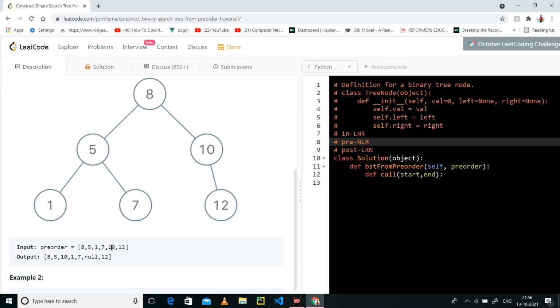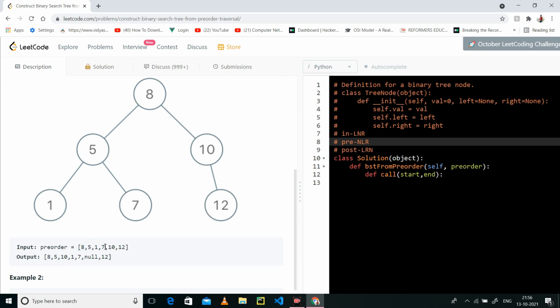So from here to here, this is the left part of 8, and if a value is greater than 8, that means it is a right part. If we have 10, 11, 12, 13 that is greater than 8, that should be on the right side, because that is a property of a binary search tree. Left value is less than the root, right value is greater than the root. So if you find a value which is greater than the node, that means your right part is starting from that point, and the remaining one is the left one.